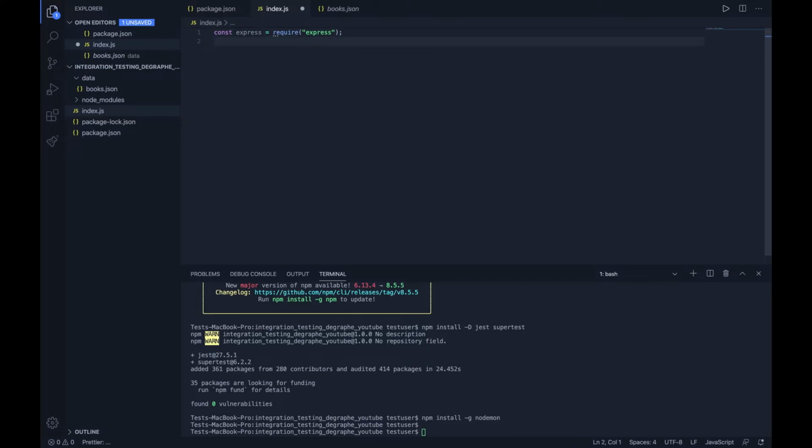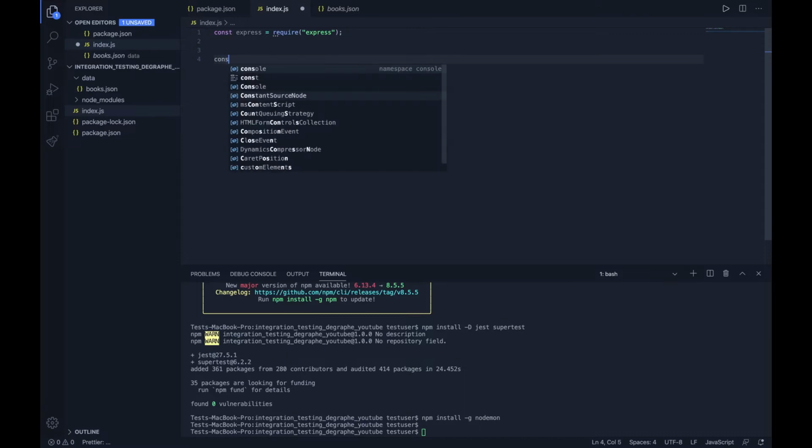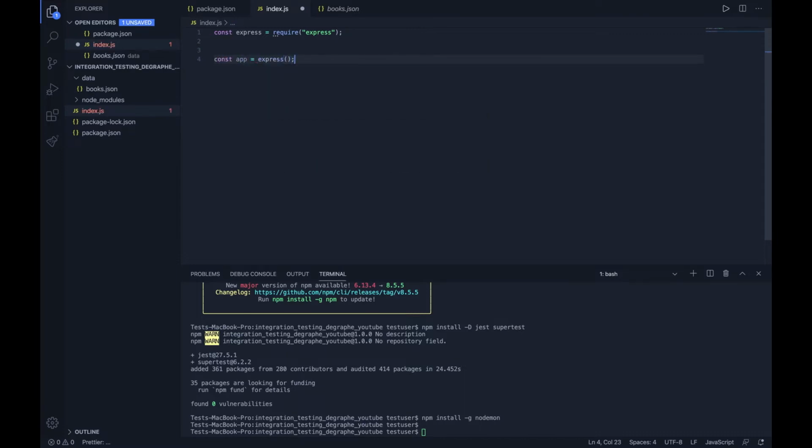Of course, there are other third-party packages that help create APIs seamlessly in Node.js as well, but Express is just the most popular, so we're going to stick with using the Express package just to illustrate the use of Supertest. Awesome. So we just say const app is equal to